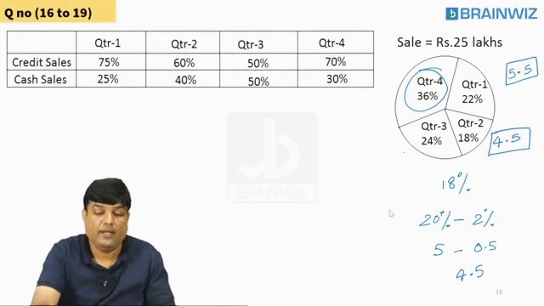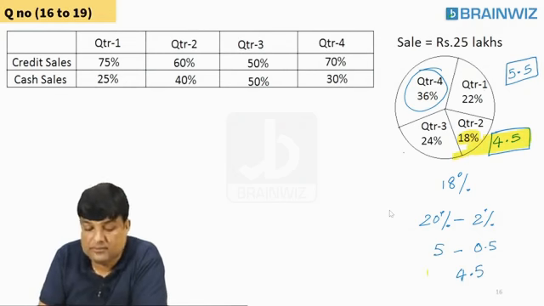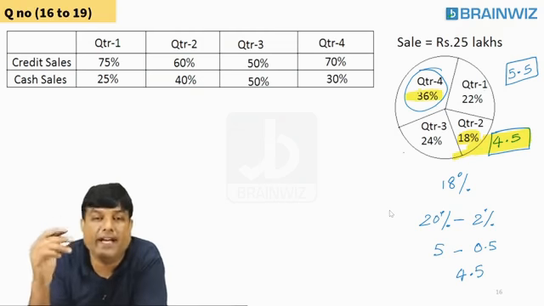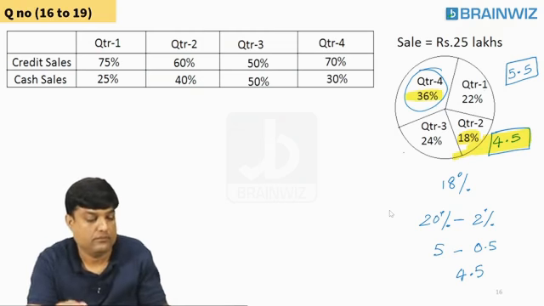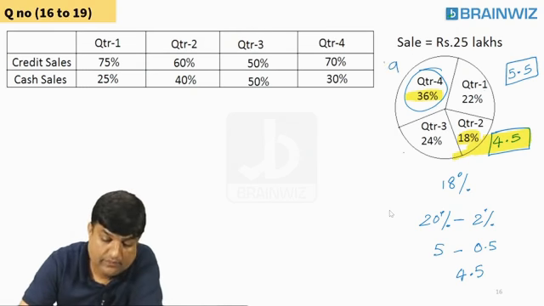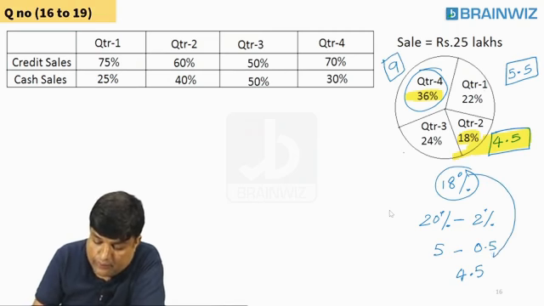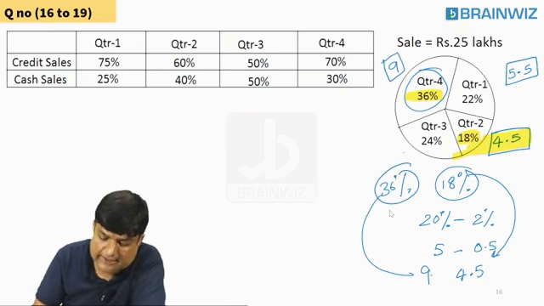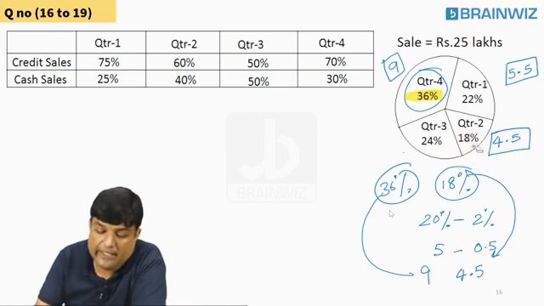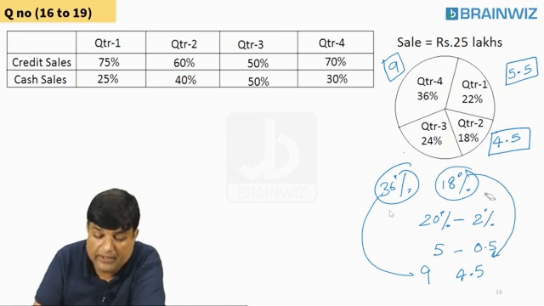Listen, everybody. Here, 18% is 4.5 lakhs. So definitely 36% will be double of 18. 9 lakhs, that's it. You need not struggle. When 18% is 4.5, definitely 36% will be double, right, guys? 9 lakhs. The relation is, from 18, you'll get 9 lakhs. Are you understanding what I mean to say? That's good. You need not find that separately because you can take the help of this. Last one is